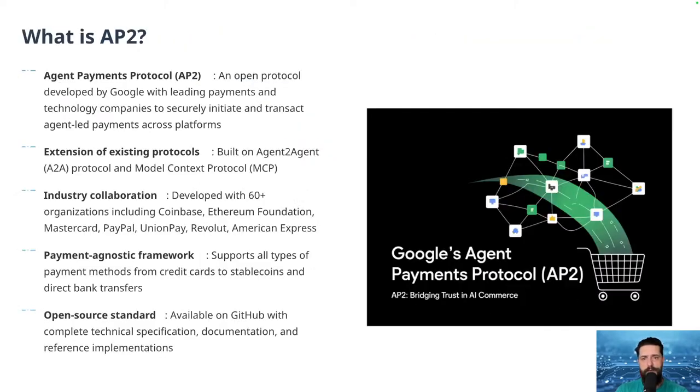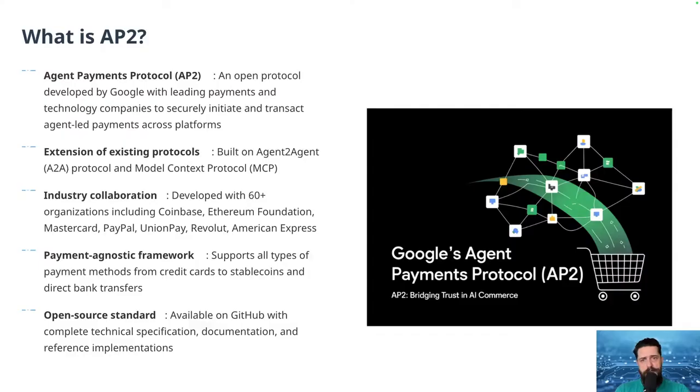So what exactly is AP2? At its core, the Agent Payments Protocol is an open source standard designed to let AI assistants securely pay for goods and services. Think of it as a universal language that allows different AI agents, merchants, and payment systems to communicate and transact with each other